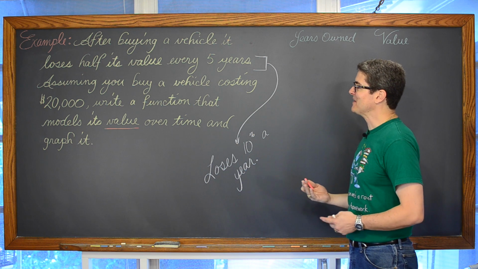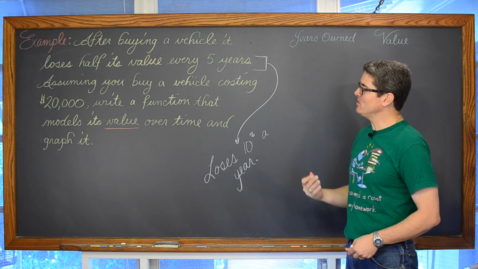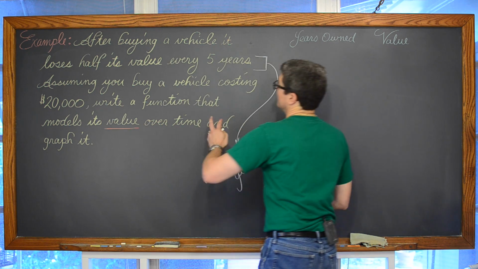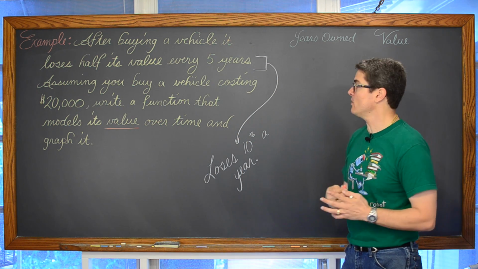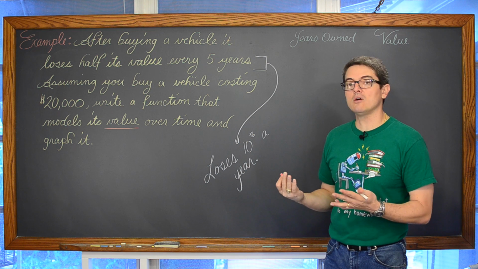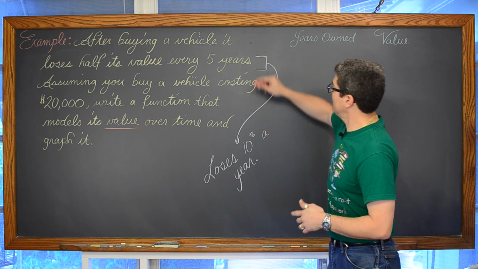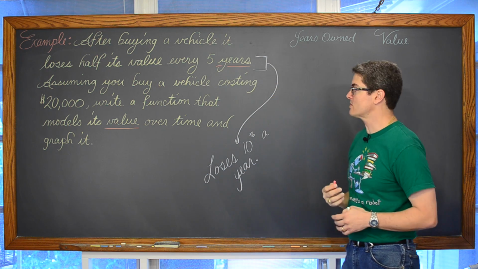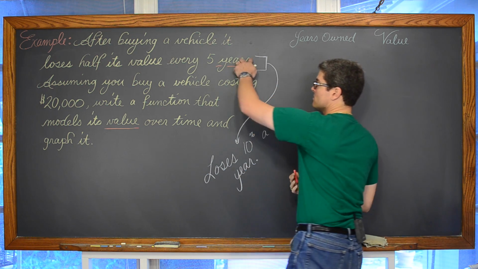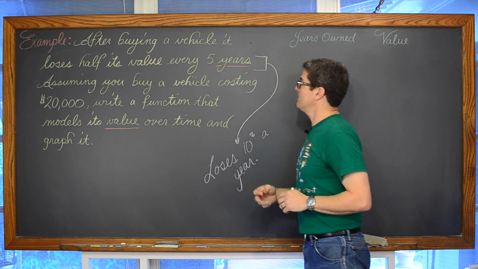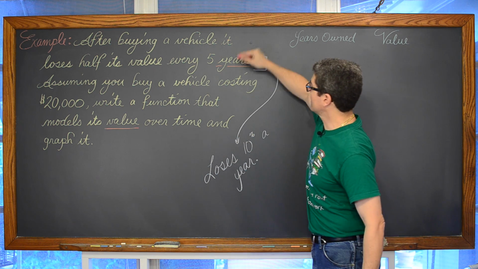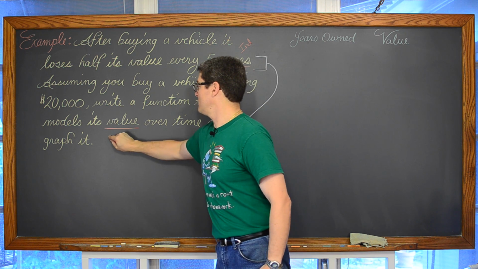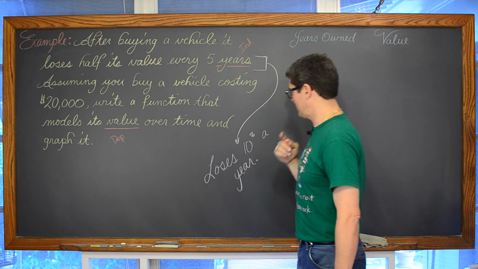car or the vehicle. And its value is going to be determined by two things. Well, how much did it cost in the first place? And what in here do we have some control over? Well, that would be how long we own it. So we see that there's some kind of variable of period of years here. So our two variables are years and value. And the years is something that we can control. So that's going to be the independent variable. And the value is going to be the dependent variable.